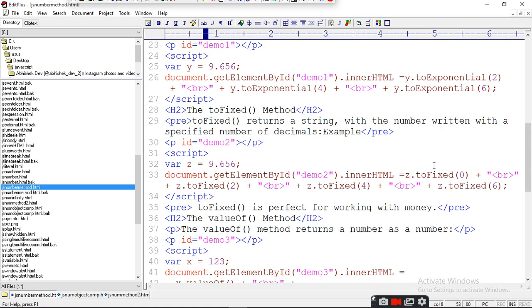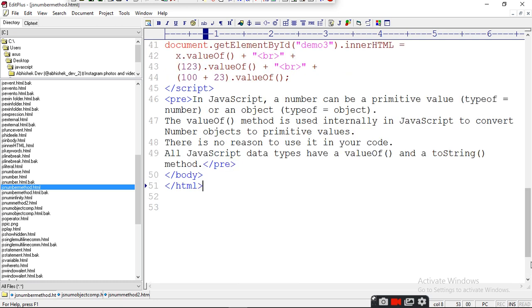Next is valueOf. A value in JavaScript can be a primitive value, type of number, or an object, type of object. The valueOf method is used internally in JavaScript to convert a number object to a primitive value.